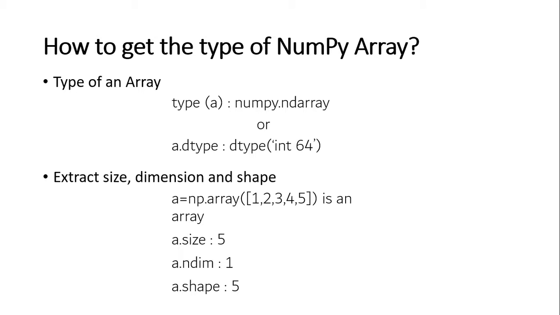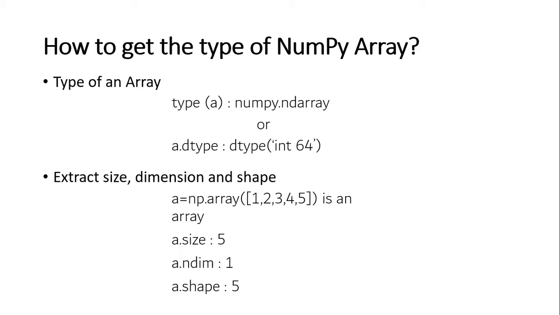In this case, if you treat an array A with 5 elements, 1, 2, 3, 4, and 5, then if you write A.size, it is going to give the size of the array, that is nothing but the number of elements in the array. As our array has 5 elements, the output will be 5. And if I write A.ndim, meaning the number of dimensions in the array, as we are working with a one-dimensional array representing the elements in a single row, automatically the output will be 1.